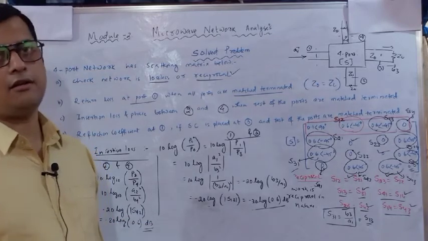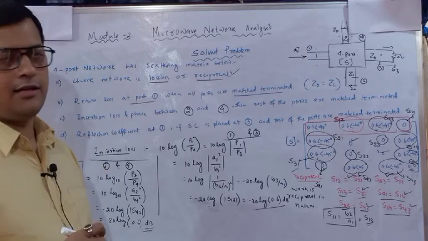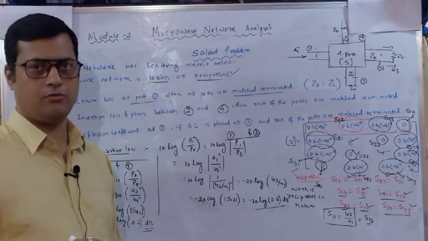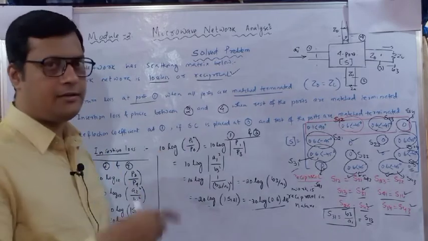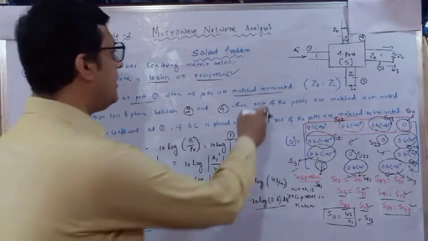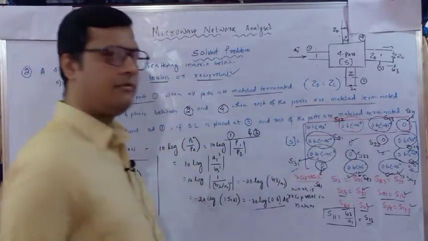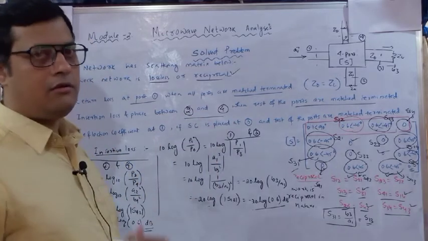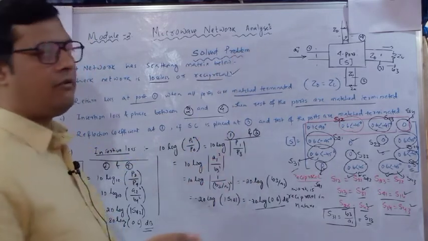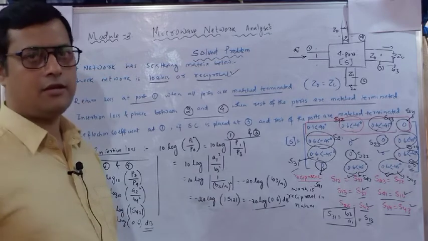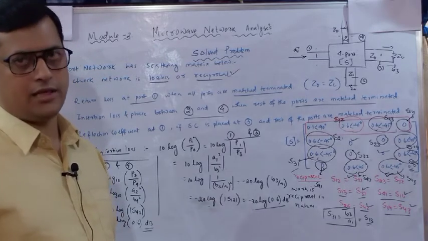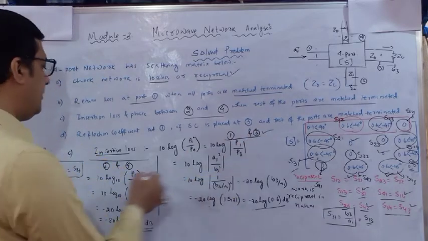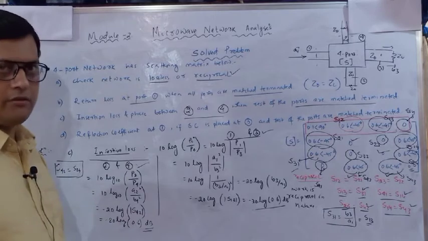Always remember these fundamental relations. First, what is he asking? Insertion loss means input power by output power. So if the input power is at port 1, the output power is at port 3, the rest of the ports are match terminated. Similarly, one more combination you can see, 2 and 4, or you can form a relation with 4 and 1, or with 2 and 3, like that. Four possible combinations they can give. So like this you have to proceed. This is with respect to 1 and 3, this is with respect to 2 and 4. Done?